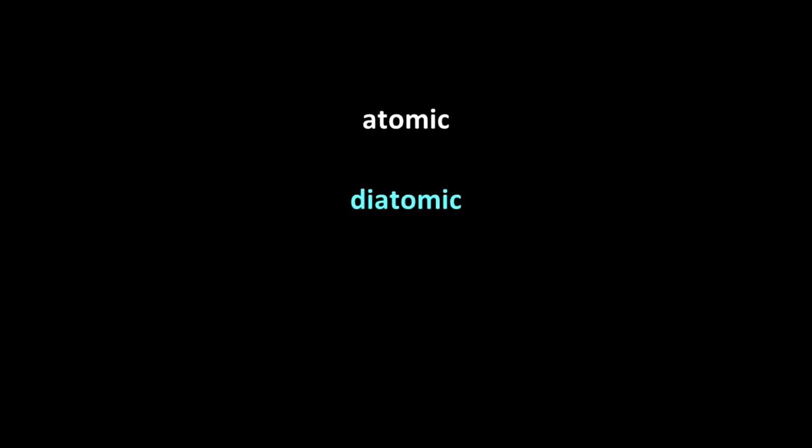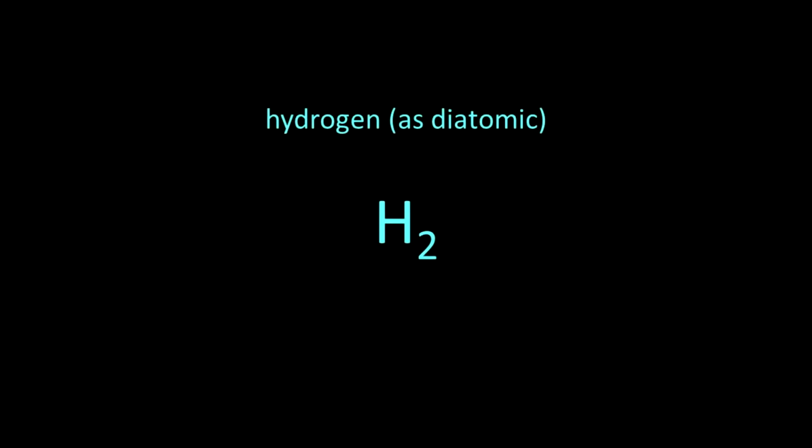The next way we can categorize elements is by whether they typically exist as atoms or molecules. Most elemental forms are considered atomic, which means they are essentially single atoms. A few elemental forms are diatomic, which means they exist as 2 atoms of that element bonded together. You should commit to remembering the diatomic elements because anything that is not diatomic will be atomic. Furthermore, when you write the element in its diatomic form, you must include a subscript 2, like shown here for hydrogen, H2. The 2 means that this chemical formula is for a molecule that contains 2 atoms of hydrogen.